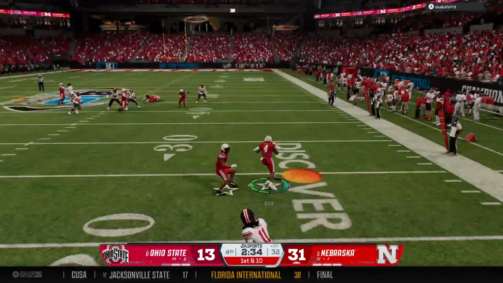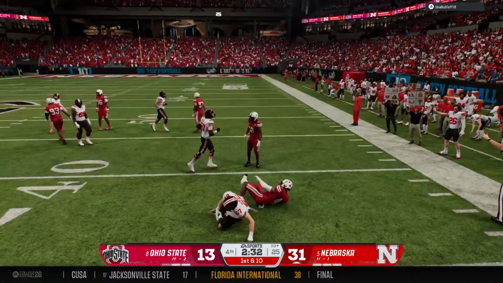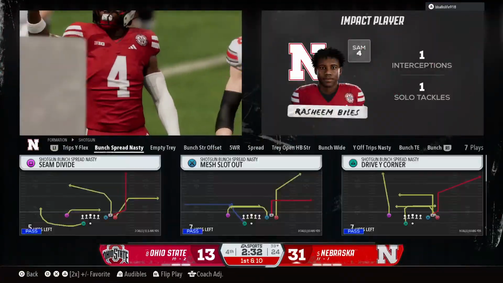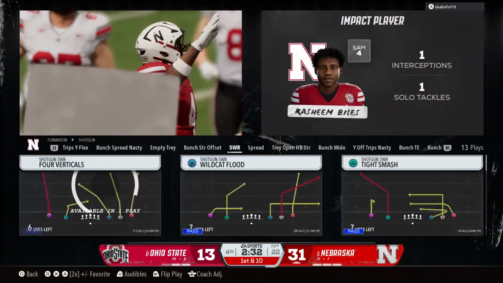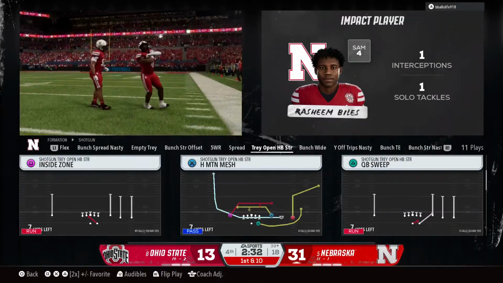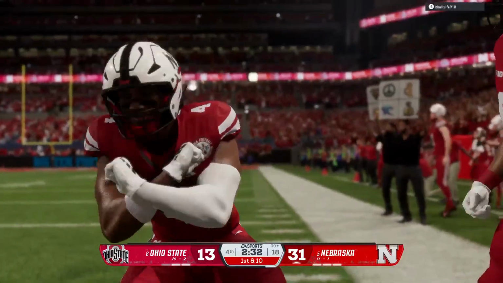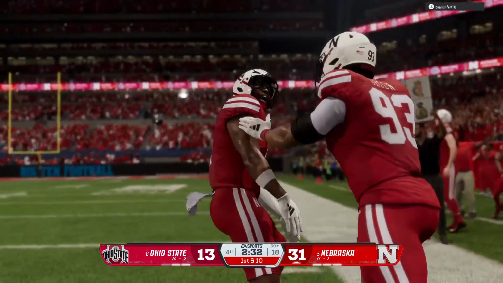And that's interception number 5. When will this QB get the hook? And he's wrapped up after a solid return. Well, that interception really about cost him the game here. And I understand. You got to do everything you can to get back in it, down by a couple scores. But the interception, for the most part, seals the deal for the defense.